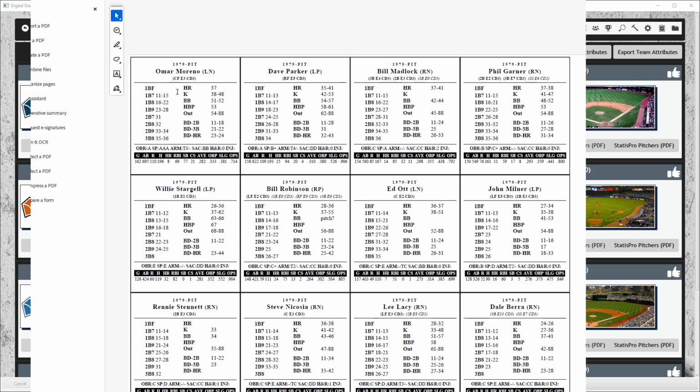They're smaller, and you can see that I've gotten rid of the splits. So everything on here is information that we can use. So let's look. Here's Bill Madlock again, right here. And again, he's the combined card that we generated in the previous video. And if we look at